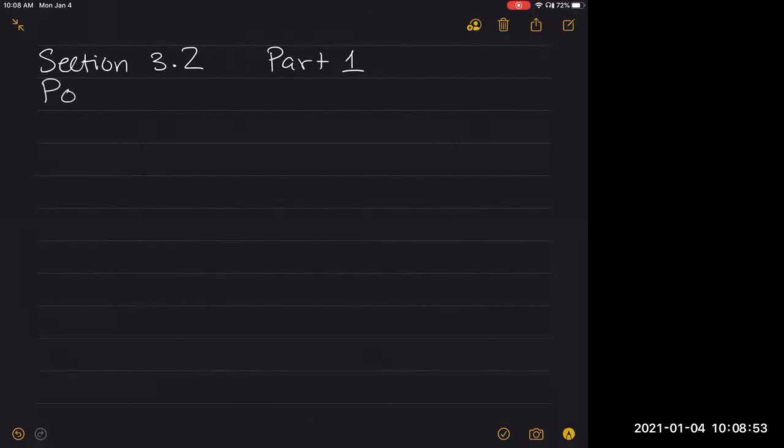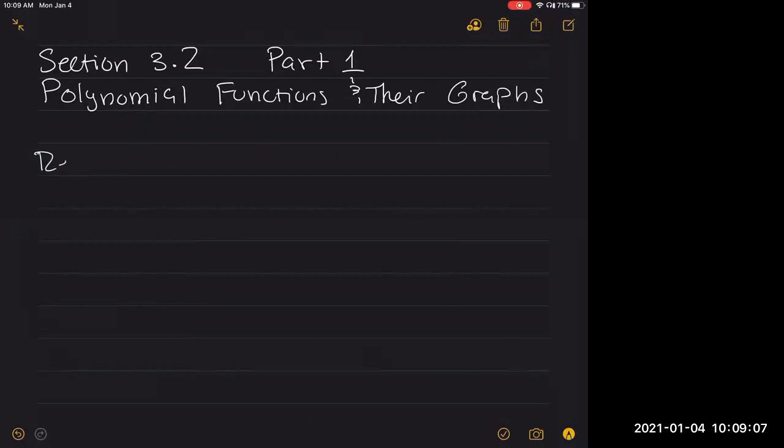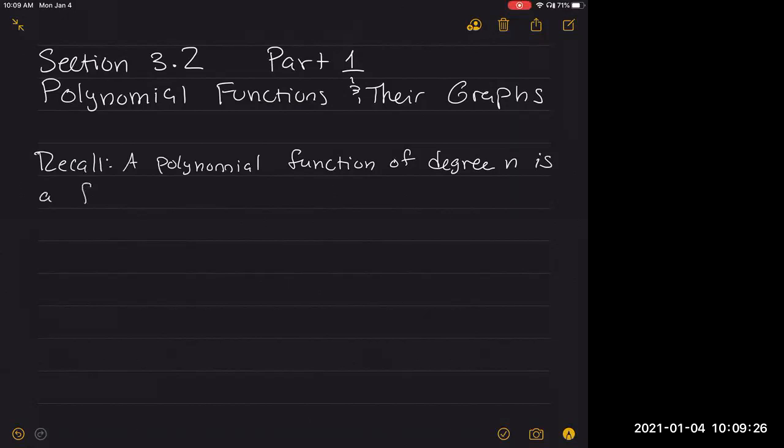So this section is on polynomial functions and their graphs. All right, so first let's recall what a polynomial function is. So a polynomial function of degree n is a function of the form